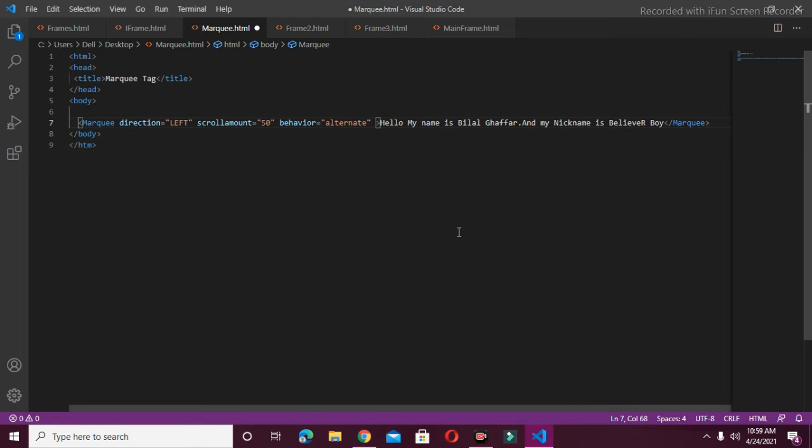which is scroll delay. I will write here scroll delay. And I will give its value, let's say 5. And now if I, no, I will give it value 2. Now if I save this and refresh my browser again,